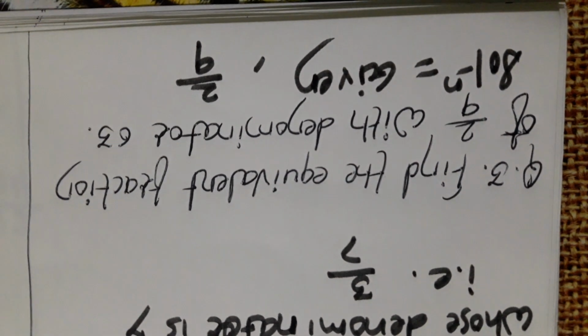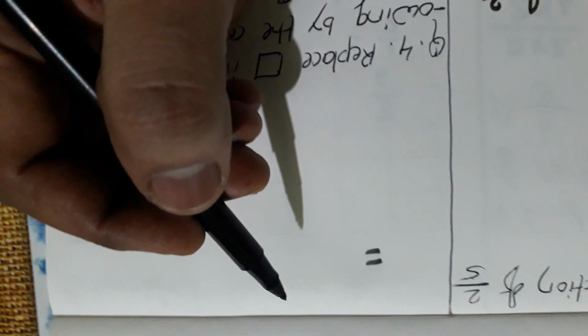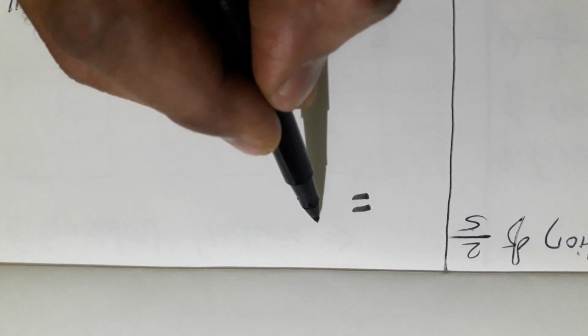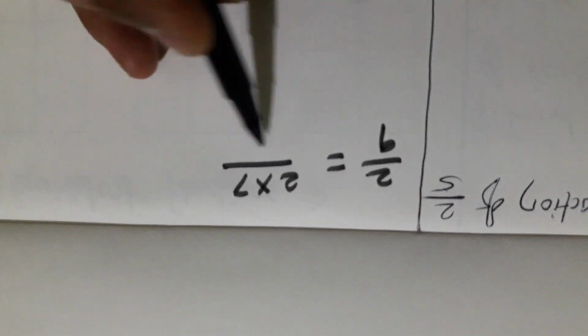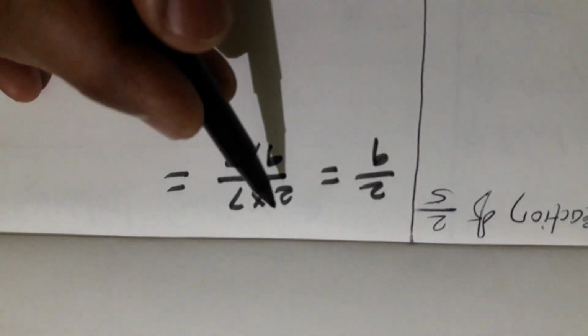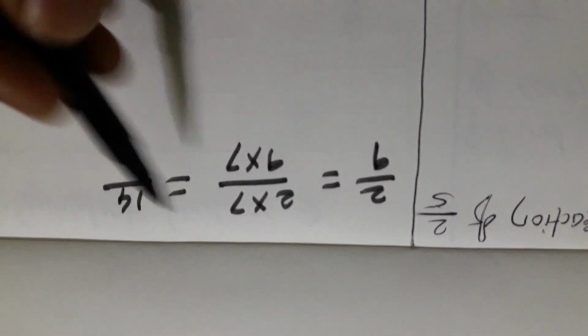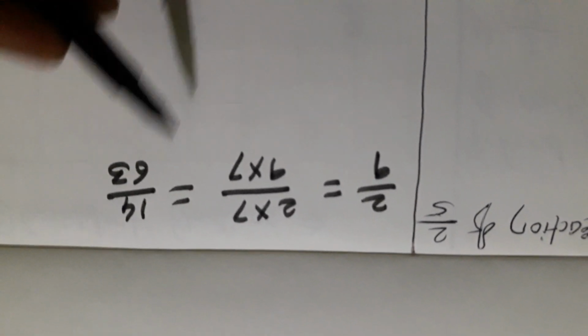After thinking we find that when we multiply this 9 by 7, we will get 63 as the denominator, and that new fraction will be the equivalent fraction of the given fraction. Okay, what is the given fraction? 2 upon 9. We multiply by 7, then 2 into 7 divided by 9 into 7. For this purpose, tables are very important. Now see here, 2 sevens are 14, 9 sevens are, okay, we got here 63 as the denominator.